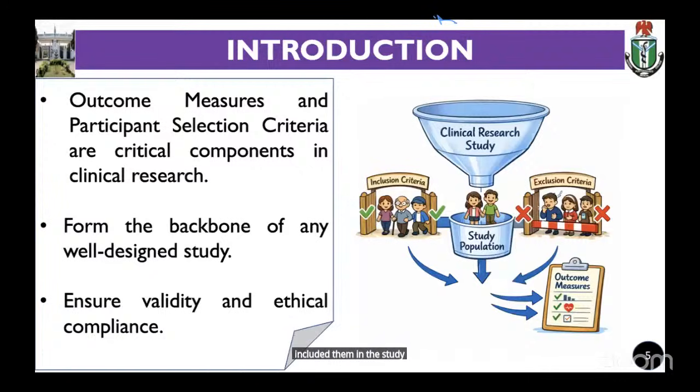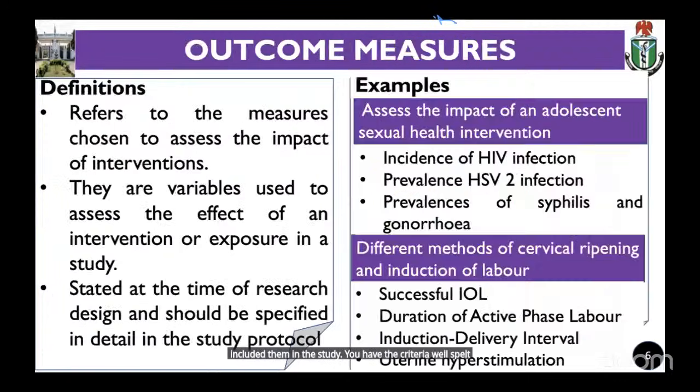You have the criteria well spelled out. So if, for instance, you have explained the specific age group you are going to assess, then you don't need to begin to say that you're going to exclude all those ages that are not there. Automatically, they are excluded. So this is a very common error which we're going to take a look at in the follow-up examples. So in terms of the definitions, outcome measures